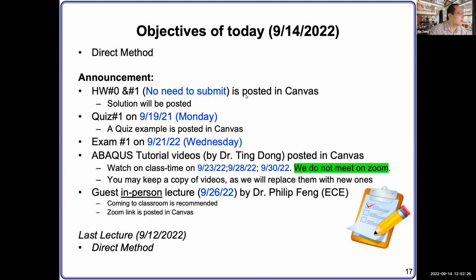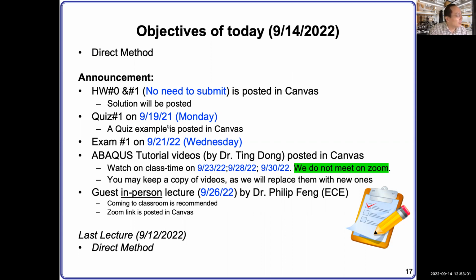Okay. Very good. So a little bit of an update on logistics. As I said, homework 0 and homework number 1 are used for your practice. You can use them to find out whether you still have any knowledge holes, and whether you can do those exercises independently. Use them as opportunities to practice. I uploaded the solution for homework number 1 already. You can use that to help yourself.